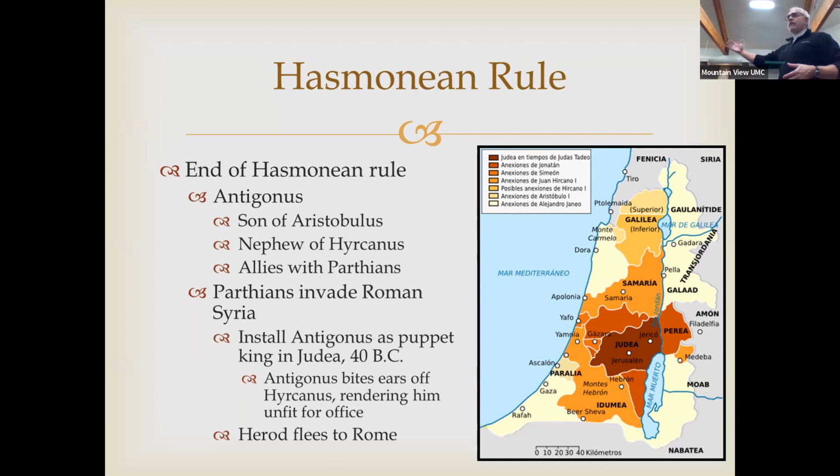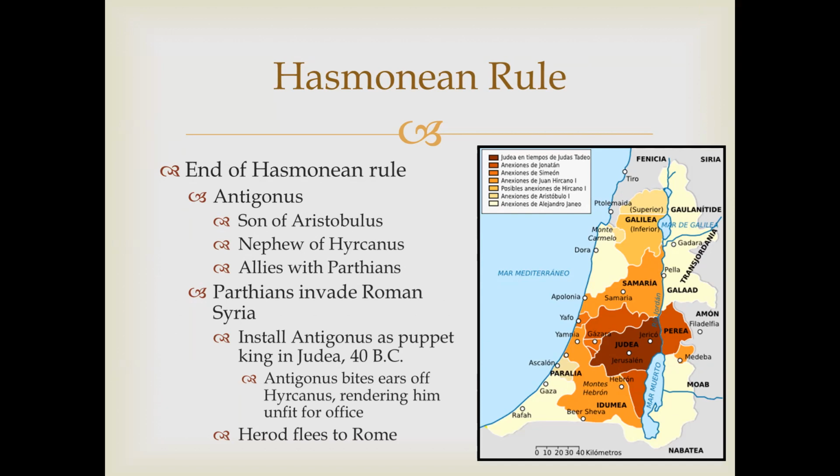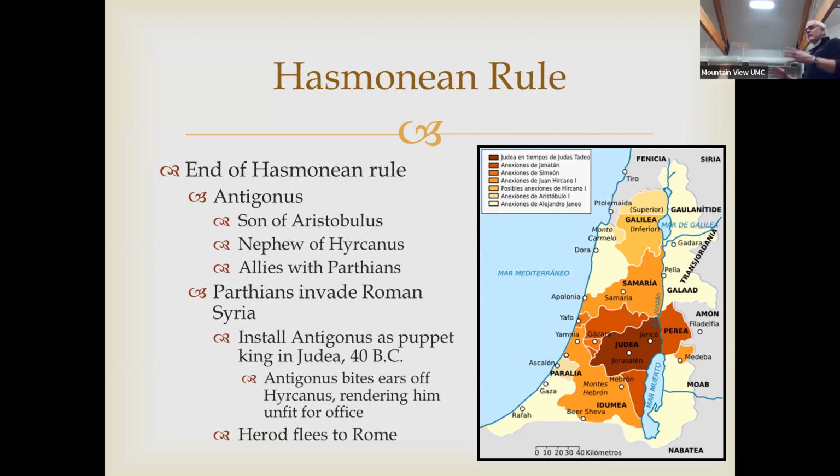They're kind of a remnant of the Persian Empire who have gradually been coming back into power in the region of Iran, and now are kind of knocking on the door of Judea, okay? They're going to be the Romans' arch rivals to the east for much of Roman history. So Antigonus, the son of Aristobulus, the nephew of Hyrcanus, allies himself with the Parthians, and they invade Roman Syria, take Syria from the Romans, take Judea, and they install Antigonus as their puppet king in Judea around the year